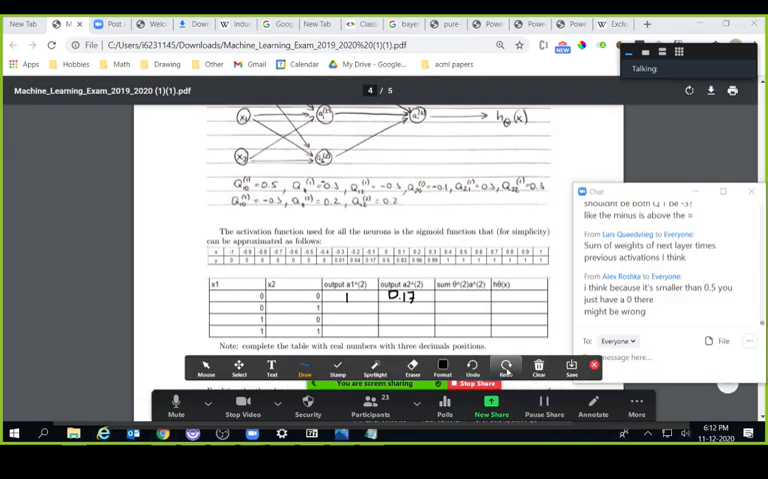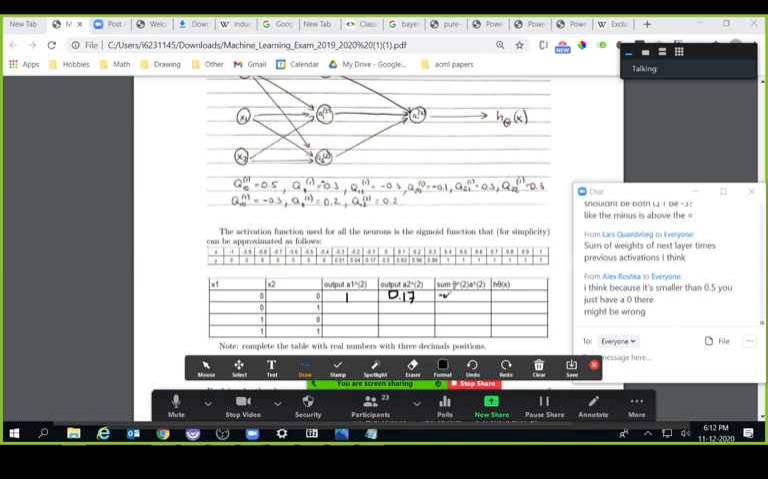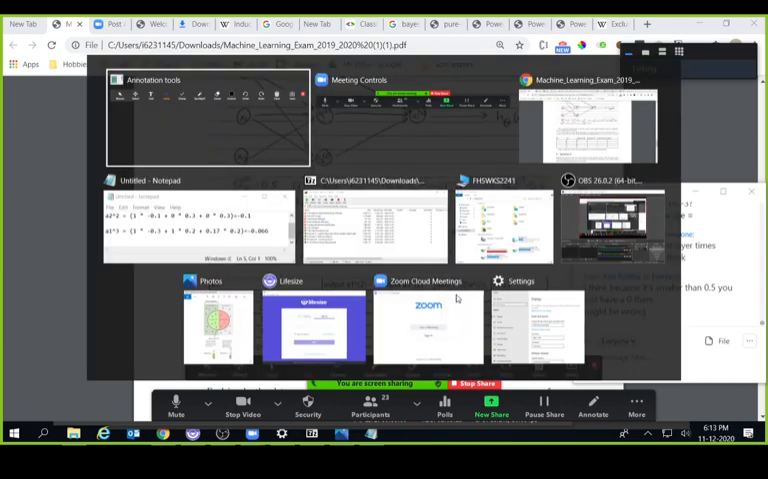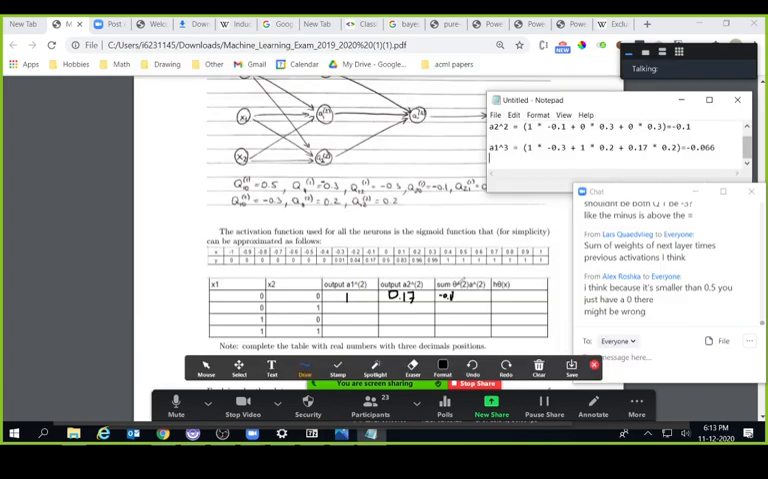Annotate minus 0.066. Okay, whatever. And then we activate it, and then we get 0, basically. Okay. So for the next one, we do the same exact calculations, except now the x2 becomes